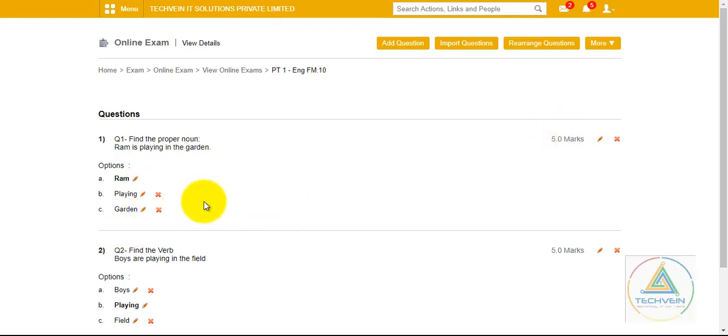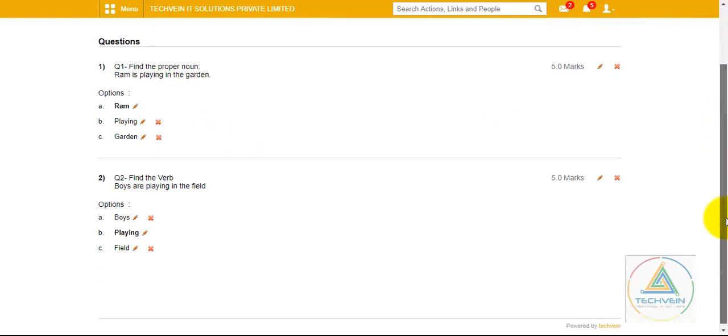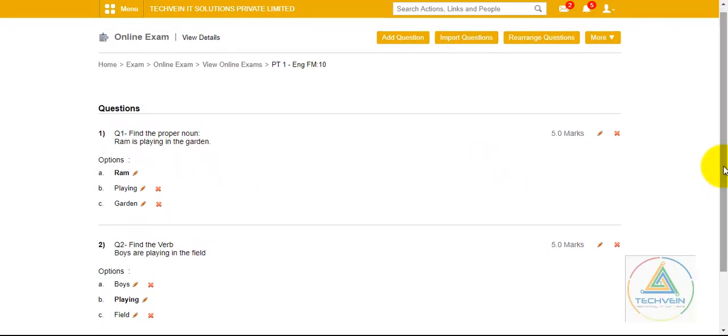This is the part where the exam has been already set. So what all things can be done from here? We can add more questions if we calculate it and see that some marks are still to be added, or the total marks is not reached yet, so we can add questions from here. We can import other questions, and we can rearrange. Like if you want to set this as 1 and this as number 2, we can simply do it from